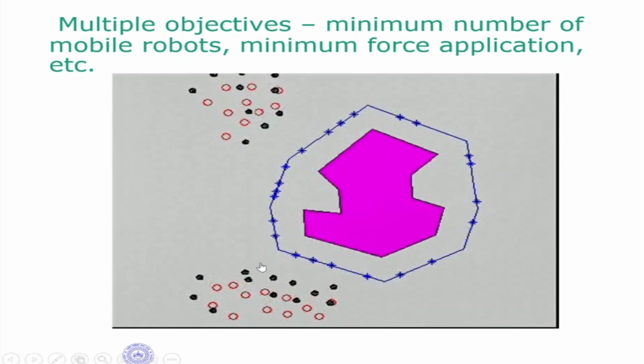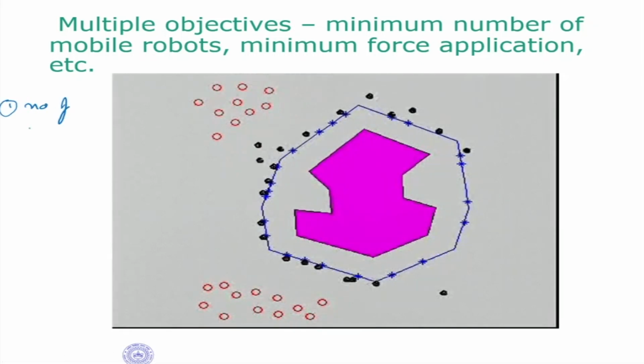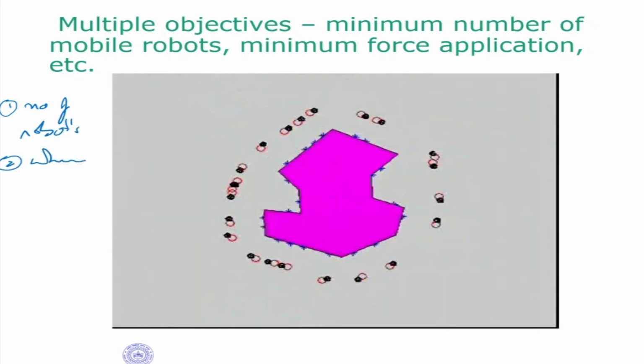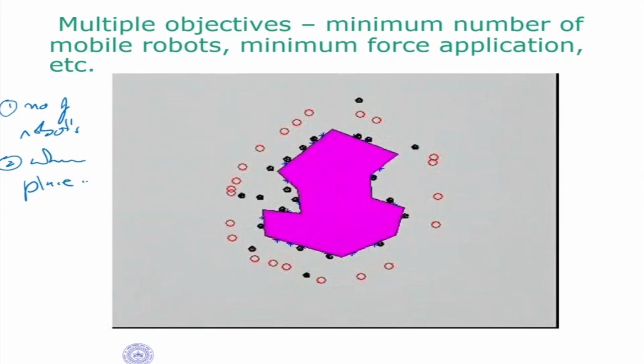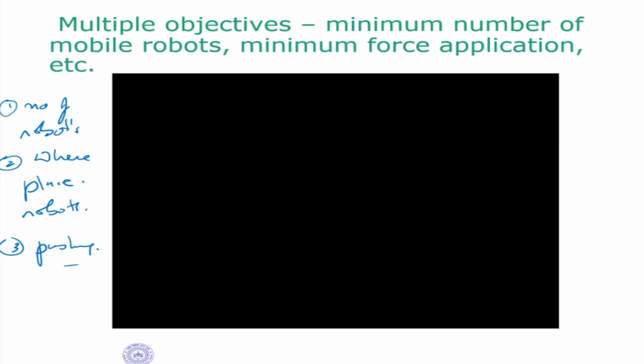This will give you an idea of the kind of questions that would come up here. Number one is the number of robots: how many robots do you need to do this task? Number two is where you would place them: where are you going to place them on the object? Number three is the pushing strategy. We'll look at all of this, and all of this requires optimization, because as you can see there are so many robots. Do you need that many? Is there a minimum number that you require? What are the minimum positions where the robots should go and sit? And if you want to push, do you have to change your position or is it still the same?